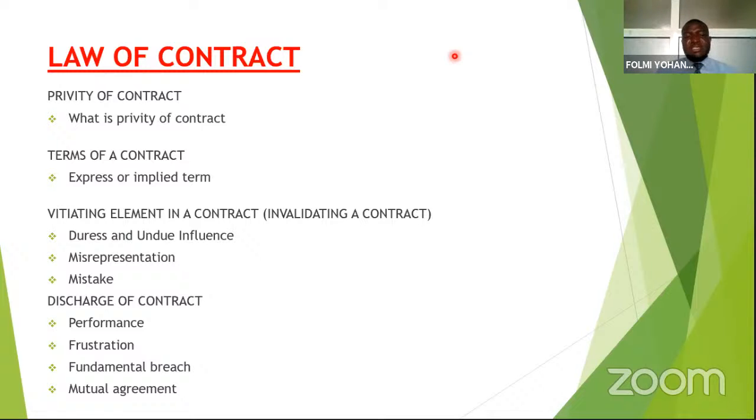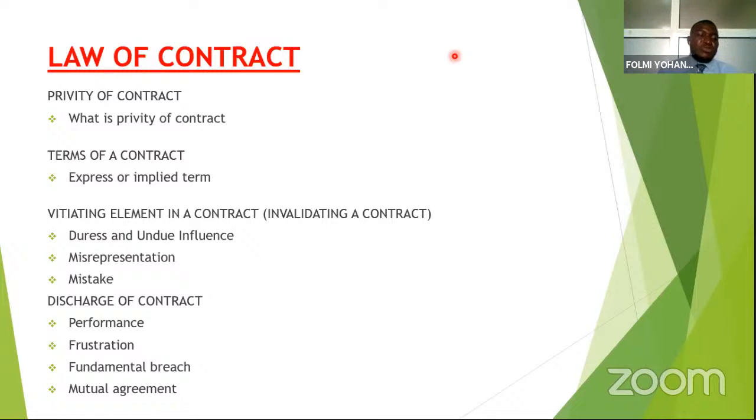It's selling the car is functioning well. These are just terms. Yes. So these terms can be expressed or can be implied. Expressed in the sense that they are written clearly for parties to see. Implied is that as a result of that, there is something that is implied in carrying out that